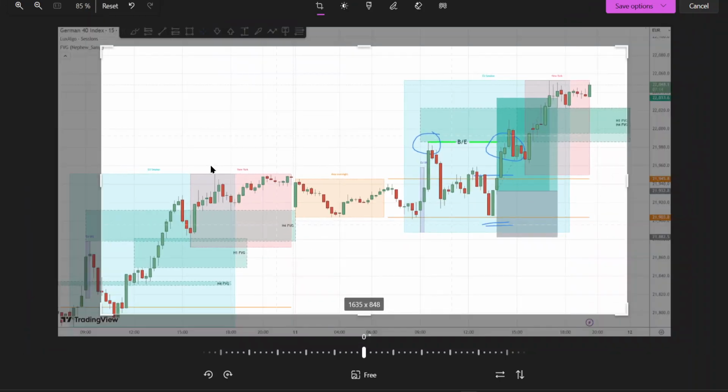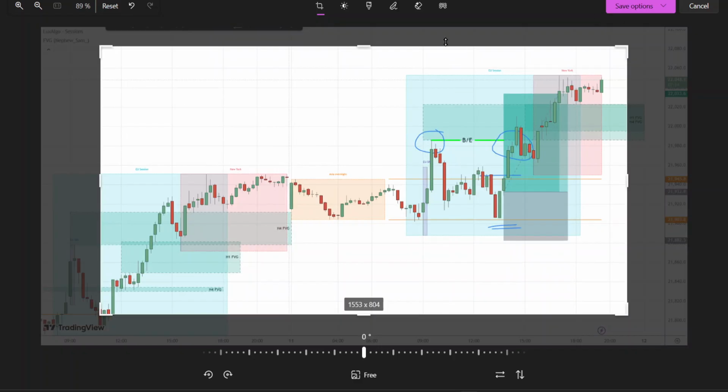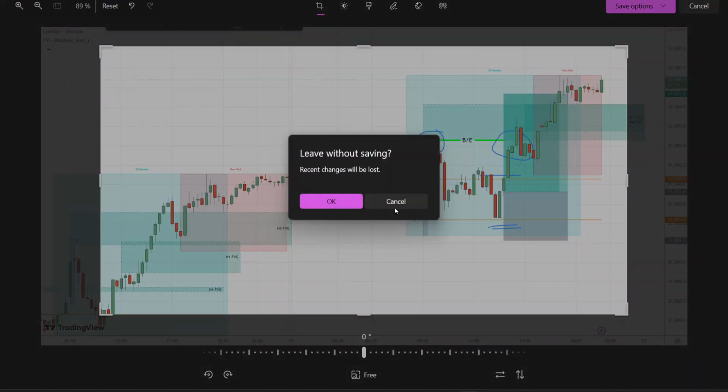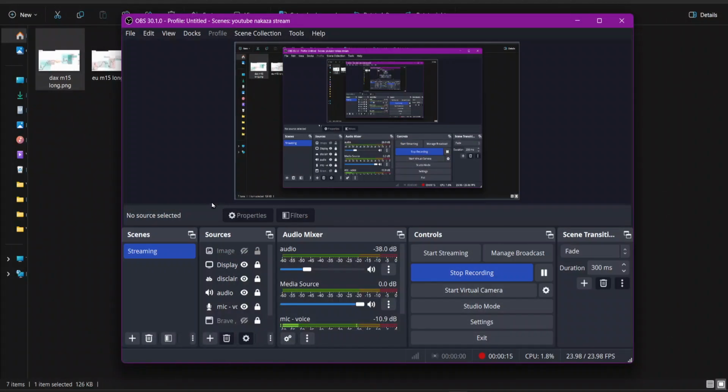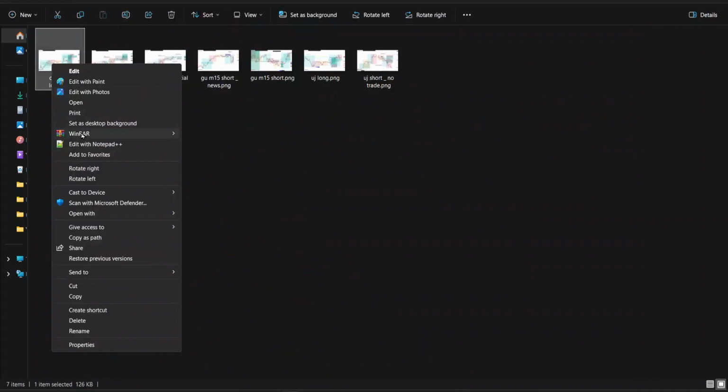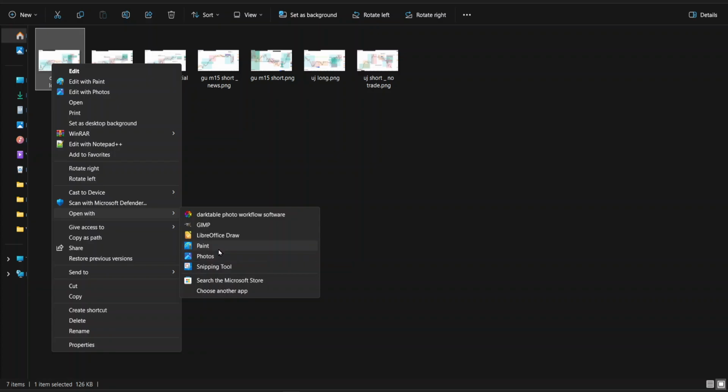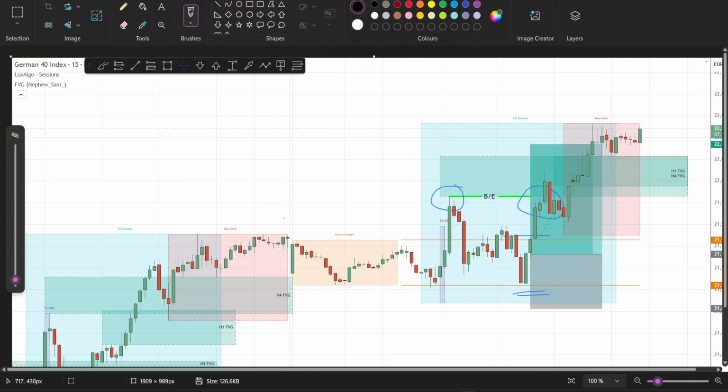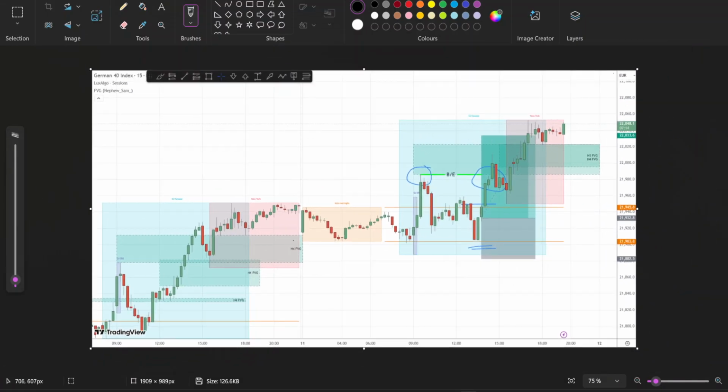Okay, great. I think this is the wrong program. We're gonna open it with Photos Paint. That's horrible, man. Just open. Okay, anyway. So yeah,